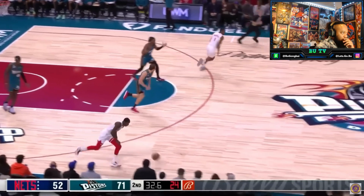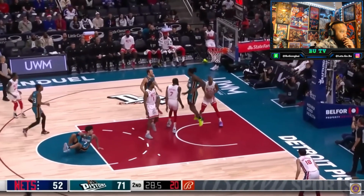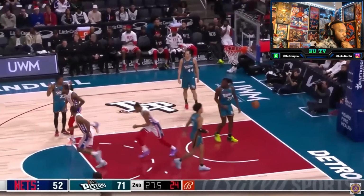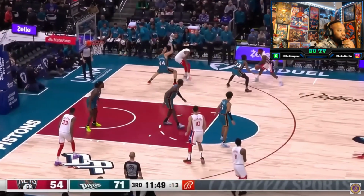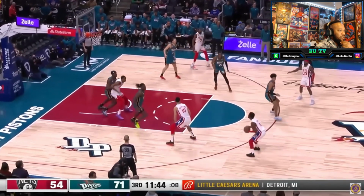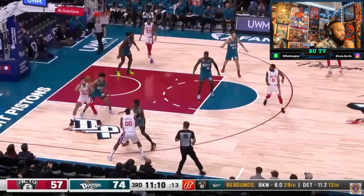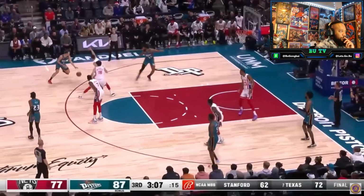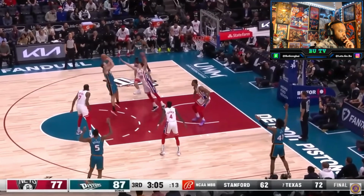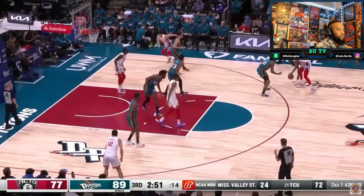Tried to shovel it to Jalen Duren, picked up by Sumner. Good pass, but they also had Watanabe open for 3. Watanabe has had quite a few open 3-point looks in this game, but he didn't get the ball. But they were able to convert the layups. But I would have thought the dunk. I would have too. Dude, again, Yuta Watanabe, he made the shot, but that was an exceptional job switching and